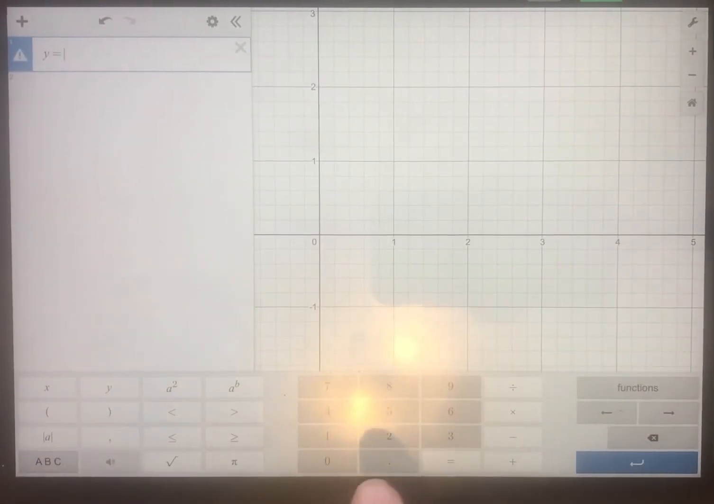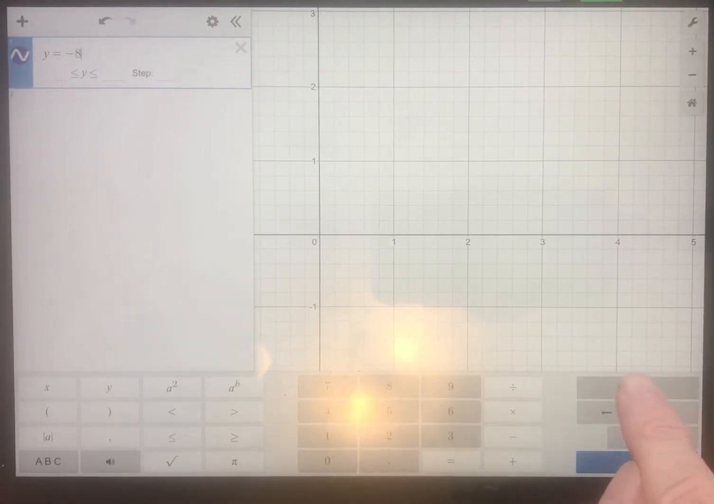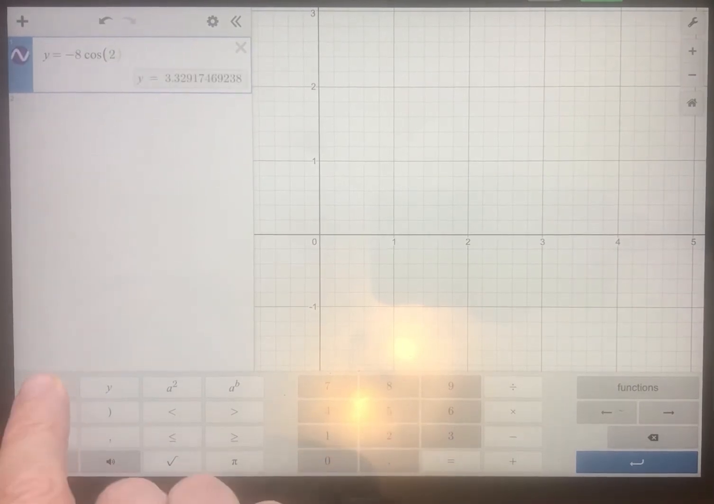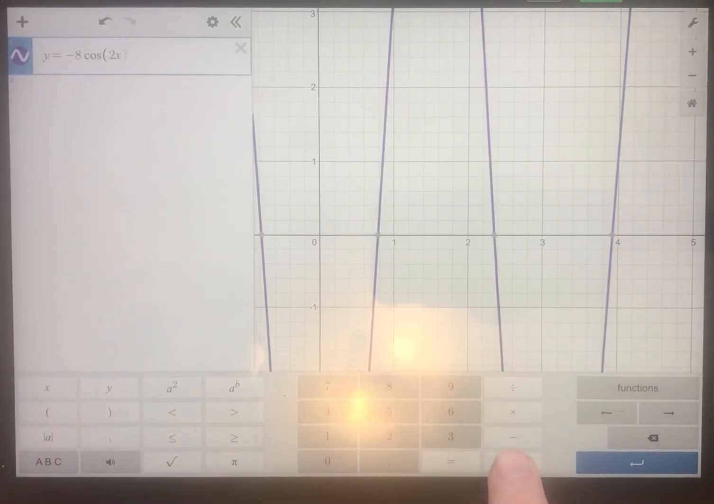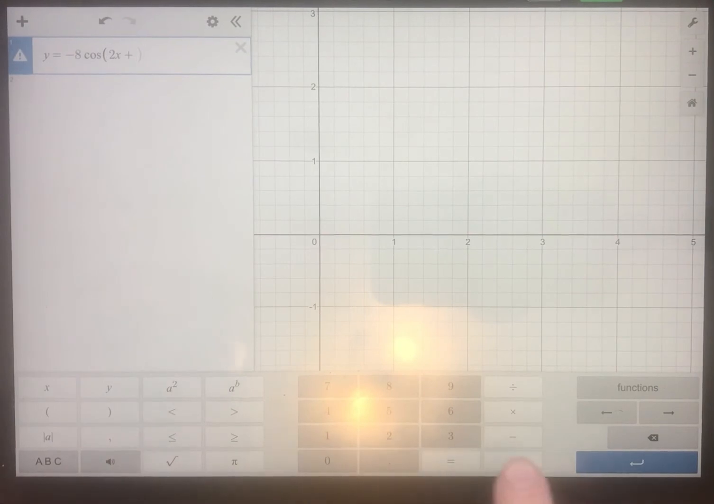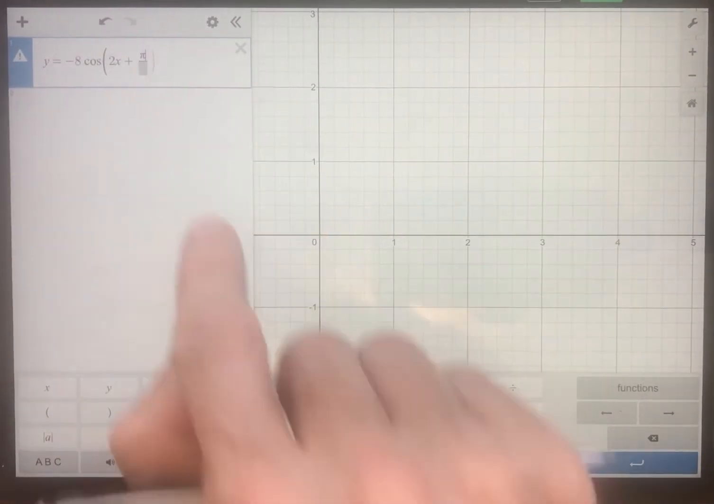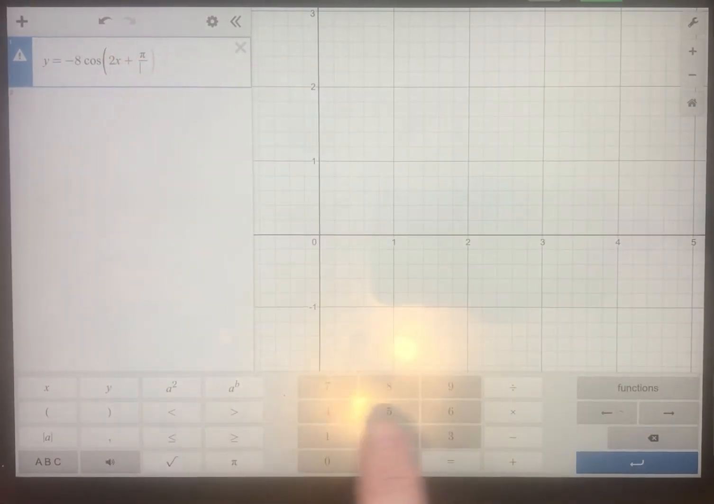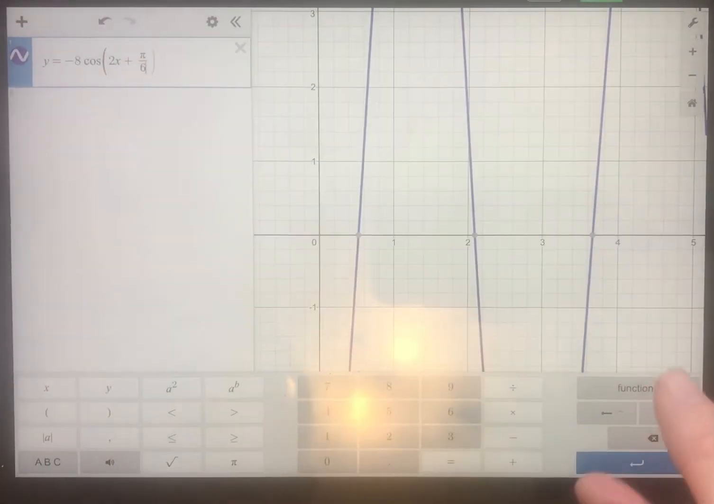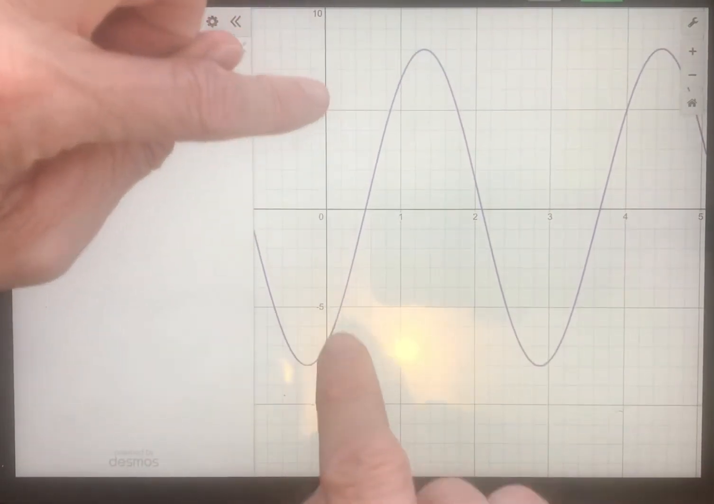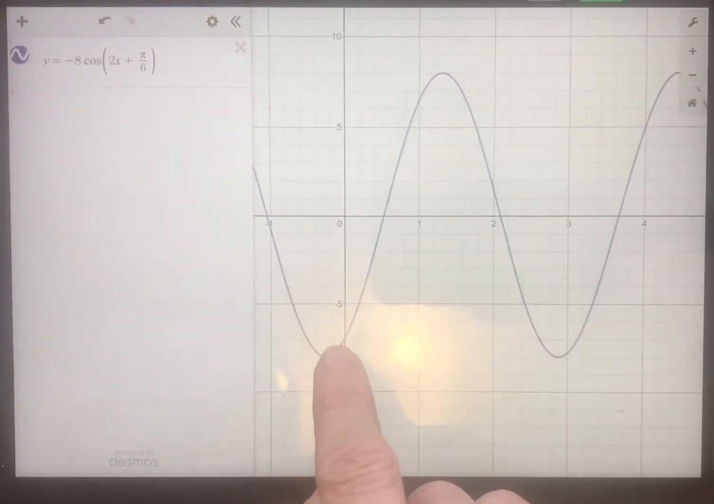Y is equal to -8 times the cosine of 2x plus, I'll put a fraction in there because I want to have a pi in the numerator and a 6 in the denominator. And there it is. I'm going to kind of shrink it down a little bit this direction. Okay, so here,